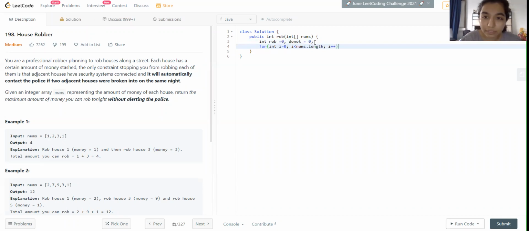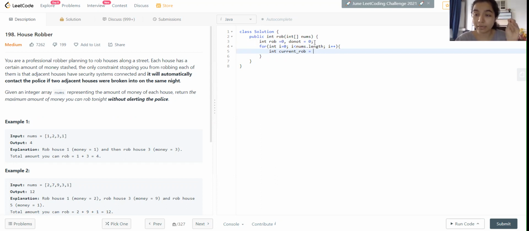What we're going to do inside of this loop is have another variable called current rob. In this variable, we're going to compare the condition that we just discussed. That is, if that particular element present at ith location is greater than I minus 1 and I plus 1. This we won't do directly. This we're going to do using swapping. That is another trick here which we are using.